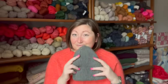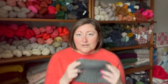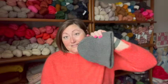And it's also nice because it is relatively quick. Like this took me less than a week. And so you do get a new product as well, but it forces me to slow down on my other projects, which is nice. And it felt like a little bit of a luxury just because it did feel like I was wasting my time a little bit. So I have another one of these as a WIP, but